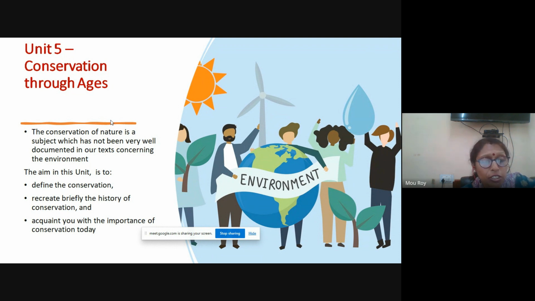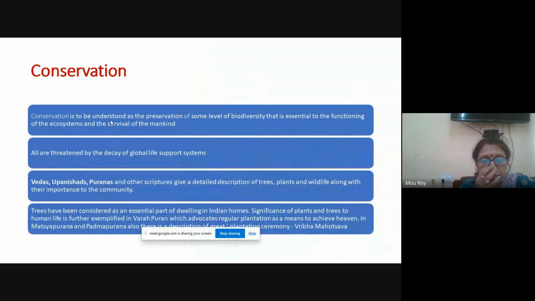Then we have cultural and aesthetic value. Nature has an immense cultural and aesthetic value for human beings. It provides inspiration for art, culture, food, literature, spirituality, and so on. So conserving nature allows future generations to experience and appreciate the beauty and diversity of the natural world.